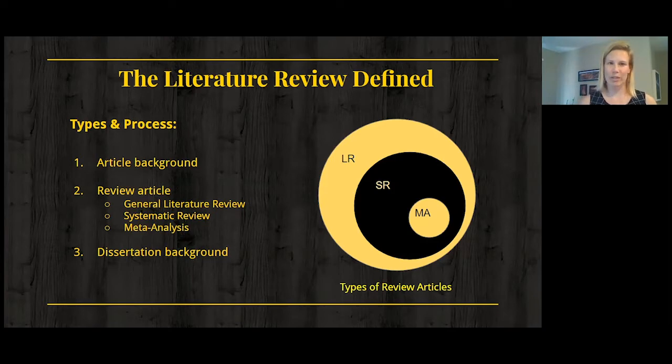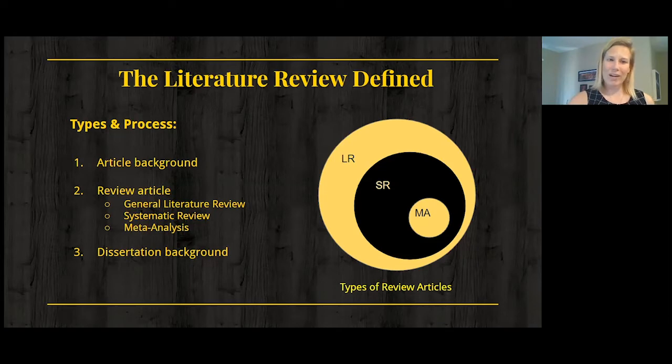The first of these is pretty straightforward. It's the background for an article. Every academic article that you read is going to have a background section. Sometimes it's called a literature review, sometimes background, sometimes an introduction. It depends on the journal's policy and outline, but there's always going to be a section at the beginning of every academic article that tells you what's happened in the field before. It gives context to the research that comes after, so you can read their research and know how it fits into the larger conversation of that field.